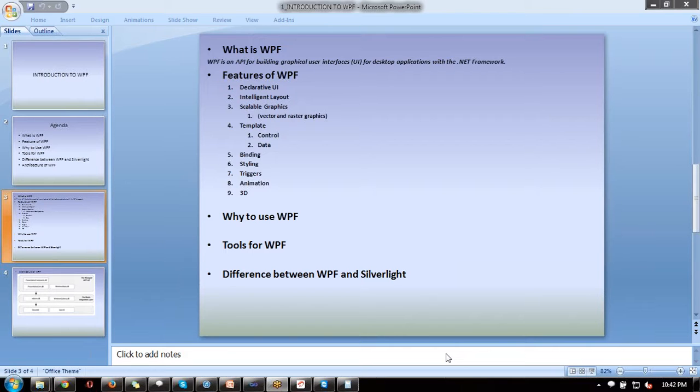So the next thing we are going to discuss is the features in WPF. What features do we have in WPF? What makes WPF special compared to our Windows application? The first point we are going to discuss is the declarative UI. In a web application, you have HTML code, in that you write your JavaScript, and in that you implement style sheets. In the same manner, in WPF we have a separate language called XAML,